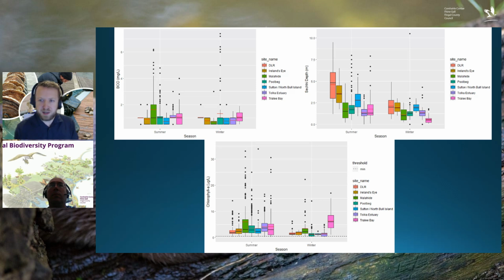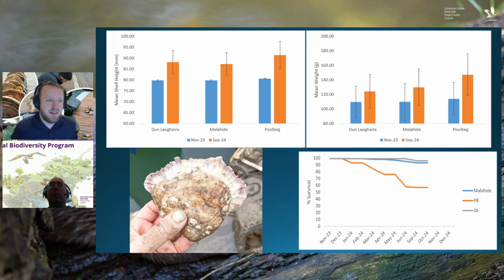And as far as the oysters that we have out in the gardens right now, they're doing very, very well. So in the top left, mean shell height is one of the main measures, and weight as well, for seeing how oysters are growing. Shell height is basically the length of the oyster from the hinge at the bottom to the valve at the top. When we reintroduce them, they're all about 80 millimeters across, and we've been seeing significant growth across all of the sites, which has been very, very promising to see.